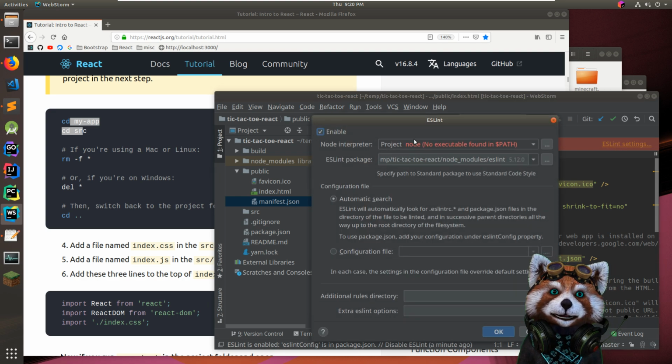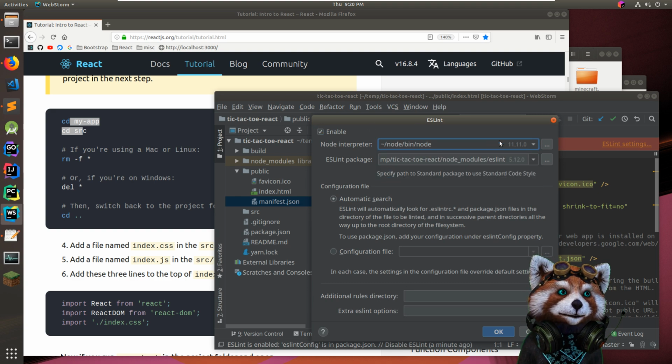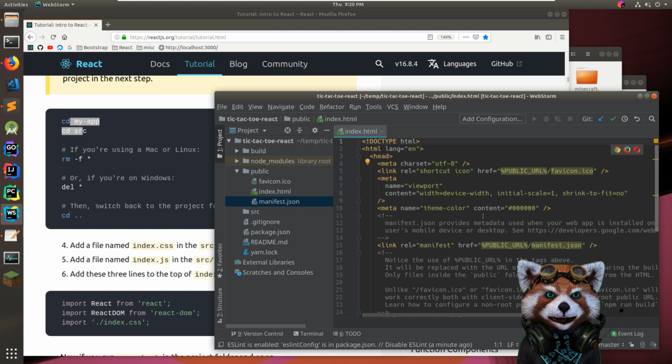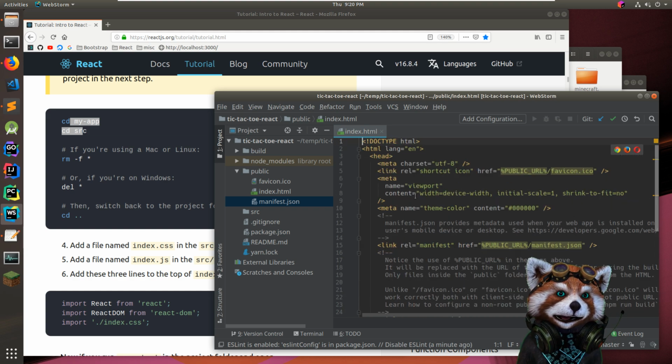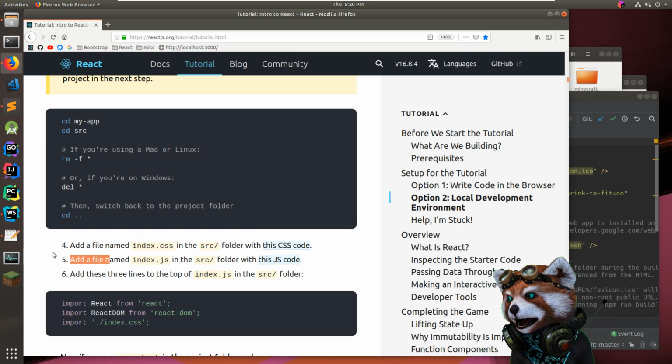Okay, I will. I would like the linter to be on. Okay, set it to my node 11.11.0. Okay. Now it should lint and give me some extra tips, make sure I'm writing good, clean JavaScript. Okay, so it says,